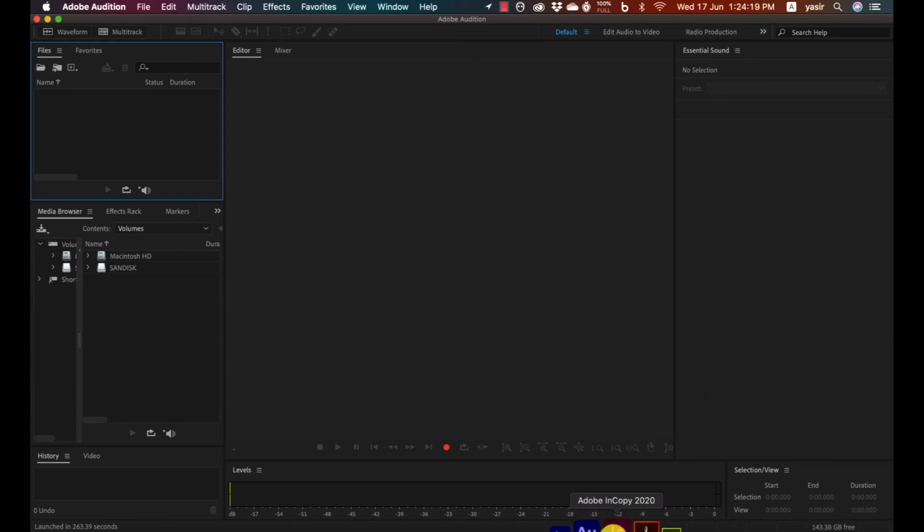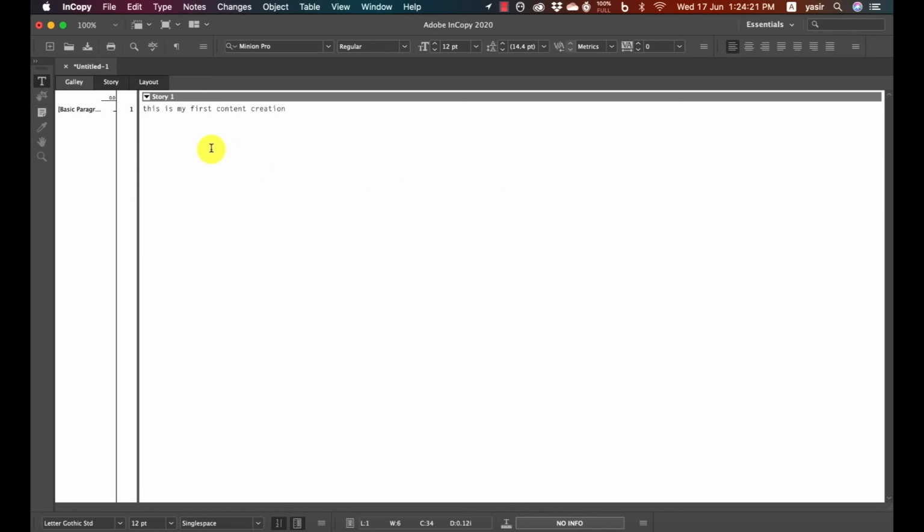InCopy, last but not the least, basically this update introduced automatic activation of missing fonts. Obviously, if you are subscribed to Adobe Creative Cloud, so your fonts will be updated. And stability enhancement. This is a content creation software, and the last comes in is the Adobe Camera Raw, which